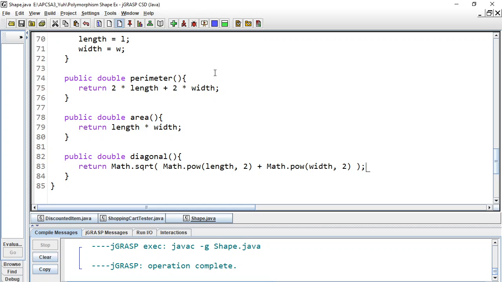Just really quick, if you want to know, Am and Stacy said, why don't we just do this? Why don't we make a new triangle, T, that has the length and width as its